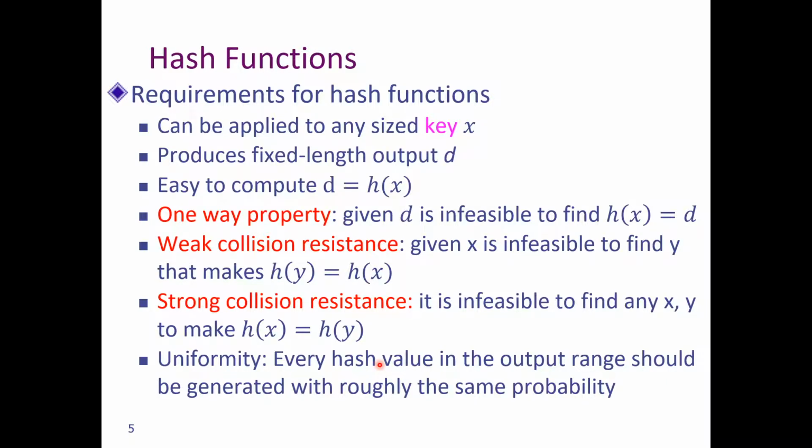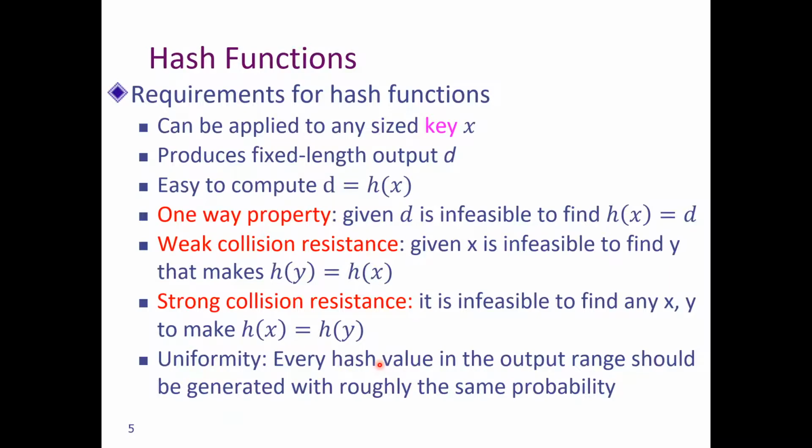Uniformity means suppose we have a large number, like, I don't know, 1,000,000 inputs, then we should have roughly equal inputs that produce the value 0, and also roughly equal inputs to produce the result 1, and roughly equal